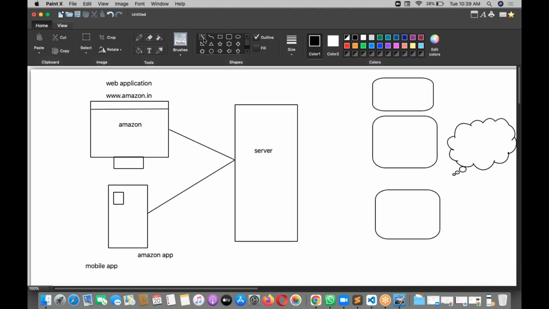And finally, what is happening? Servers are communicating with the databases. It may be a database on premises or it may be a database in the cloud. We don't care about it. Nowadays, cloud is very, very important. Whether on premises or cloud, servers are communicating with the databases. The request is sent from the client system to the server system and from the server system to the database. This is something like a request.